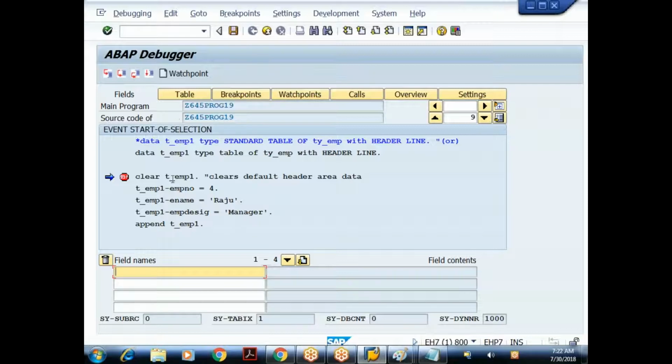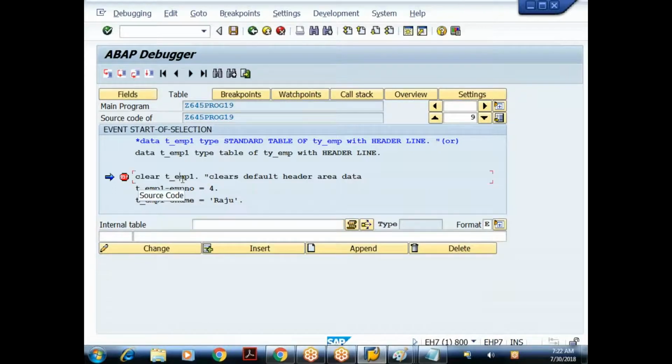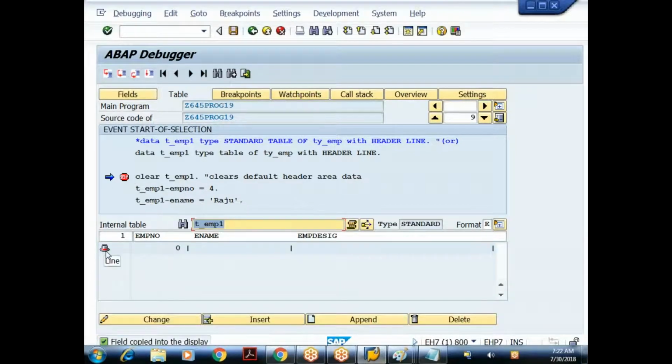So if you see here, this is my internal table, t underscore emp1. It is not showing anything. We have a button here. What is this? Table. If you go to table, it will show you the content. So when I click on this, if you see t underscore emp1, this cap symbol indicates what? Header. What is the default data in the header? You'll have the default value for integer and characters. Integers is 0, characters is what? Space. And you can see this area is nothing but the body area where my mouse is moving. It doesn't have any data. The body doesn't have any data, only the header contains what? Default data.